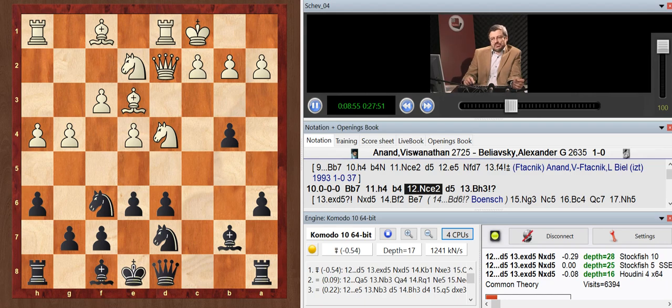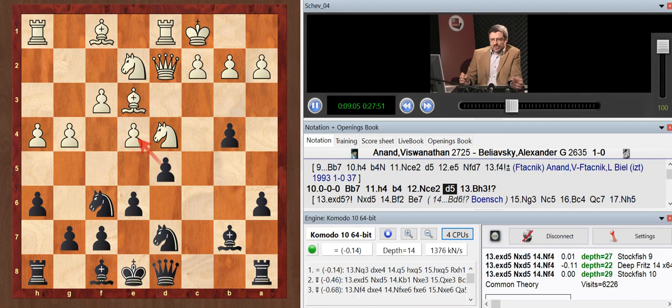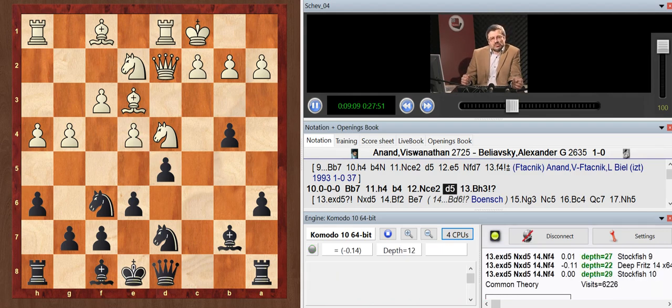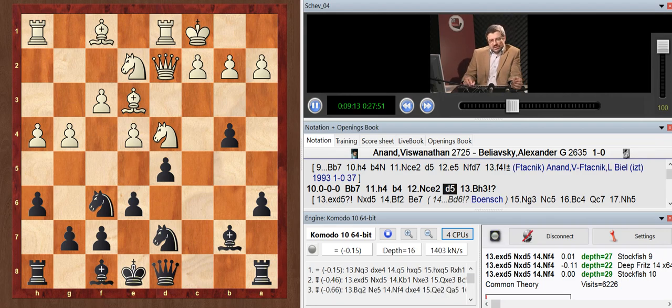On the other hand, the knight on e2 is obstructing the impact of the bishop on f1. The c4 square is not under control, and black can certainly use the time won with the retreat of the knight for d5. That's a very typical advance in the center.